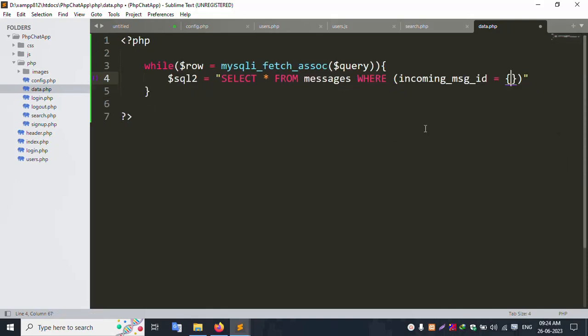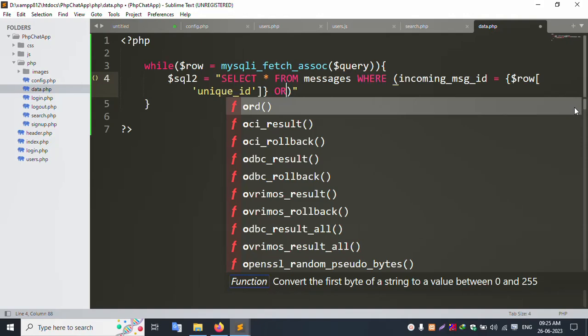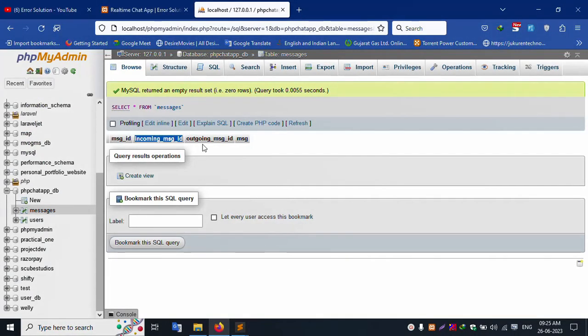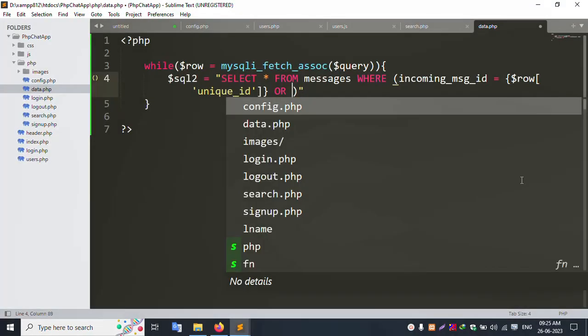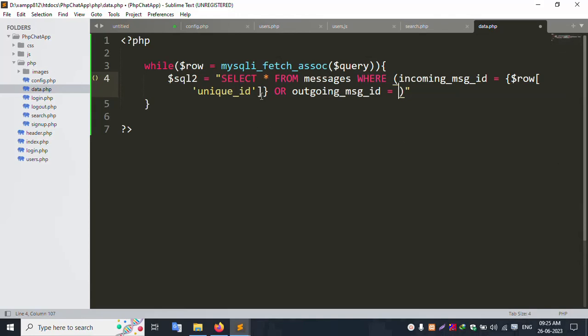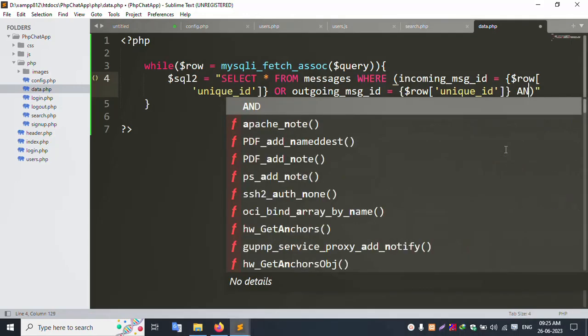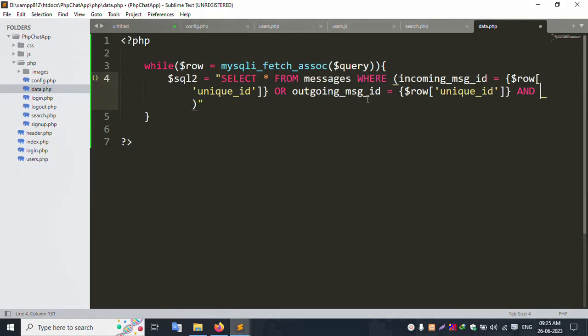Successfully add this $row. Copy this $row unique ID add, or outgoing this outgoing ID, outgoing message ID is equal to again this add, this copy and paste here, and outgoing ID add is equal to $outgoing